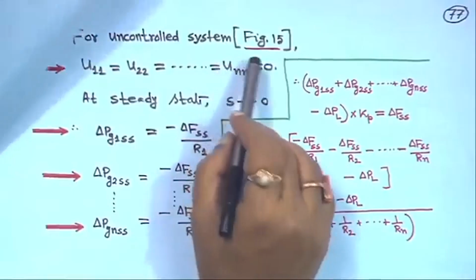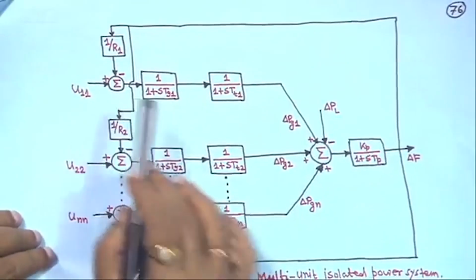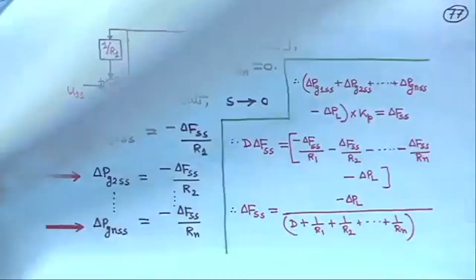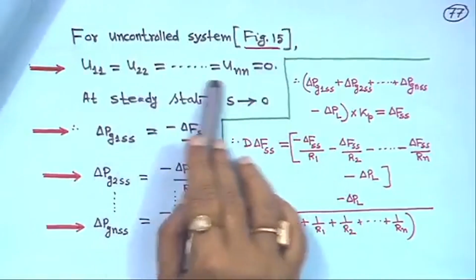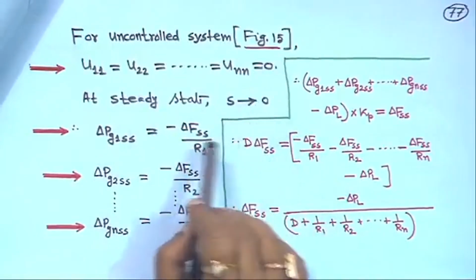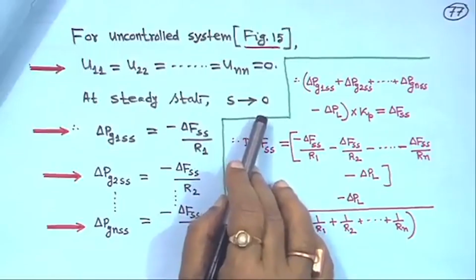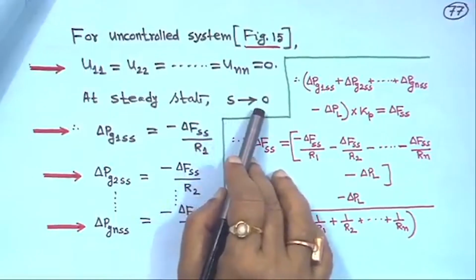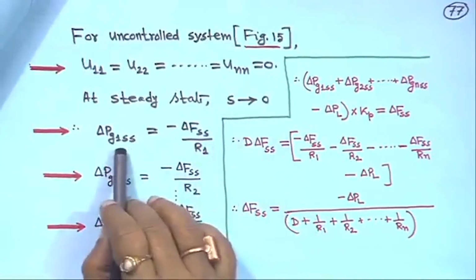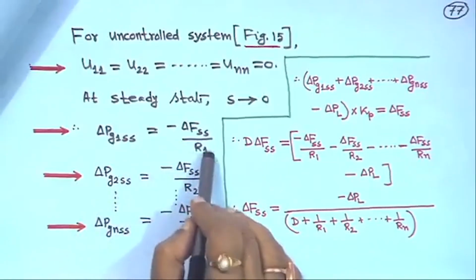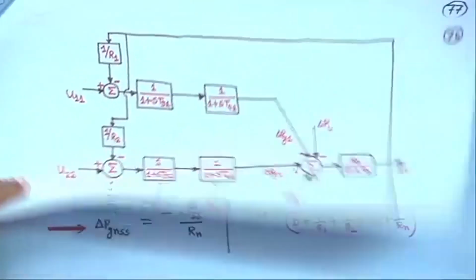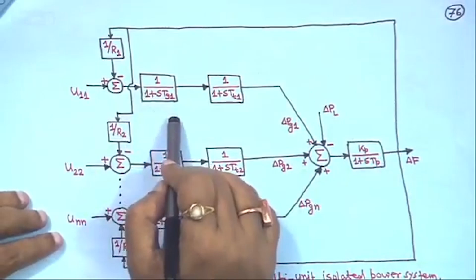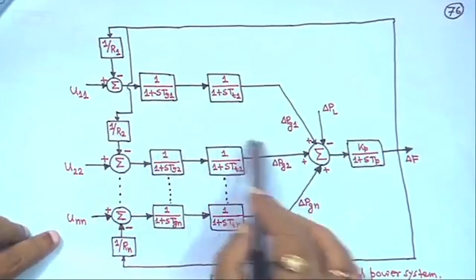You have so many generating units, so this is a multi-unit system, right. Now for the uncontrolled system, I mean when the system is uncontrolled, U11, U22 up to UNN all will be 0. So for the uncontrolled system, U11, U22 up to UN is equal to 0, right. So at steady state, s tends to 0, that is t tends to infinity, right. So delta Pg1 SS is equal to minus delta F SS upon R1. This we know. Earlier for a single unit we have seen delta Pg SS is equal to minus delta F SS upon R,